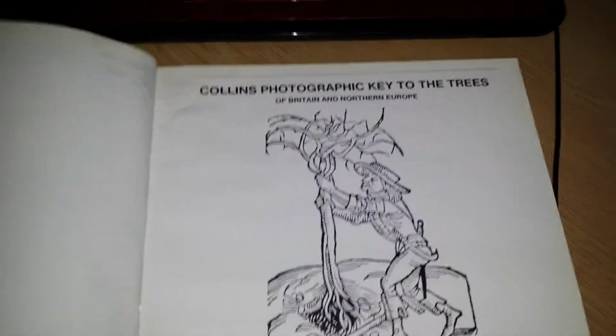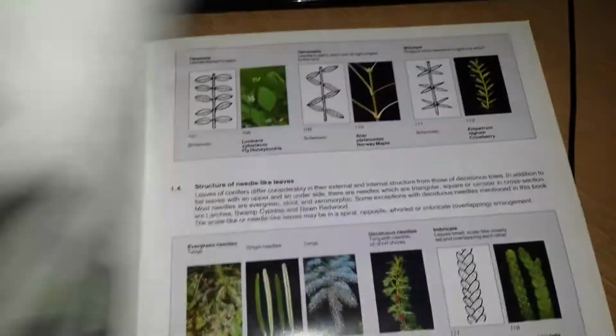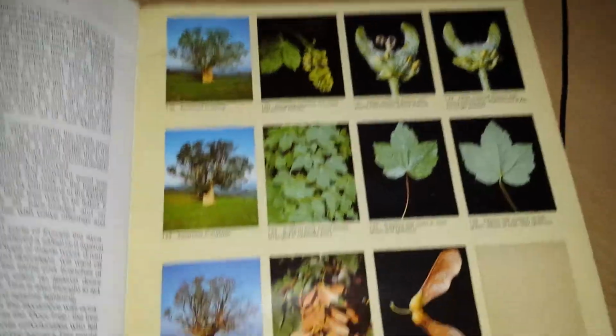But the main one that I use is this one here. Again, I've lost the cover so you can't see that, but this one is the Collins Photographic Key to Trees, and I think this book, although it's quite big, fits nicely down the back of my rucksack, so I can carry it quite easily. And it is a brilliant book. Right at the beginning, the key has got the shapes of the leaves in it, so you can track them down that way. As you go through, when you find the tree, it gives you the breakdown in the